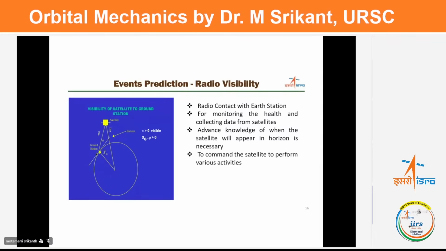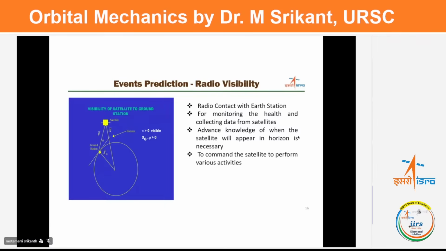And normally for our telemetry and telecommand applications for any satellite, we apply at least 2 degrees of elevation. The satellite has to move above this plane by 2 degrees, then our TTC will apply. And for payload data download, we use around 5 degrees of elevation. At 5 degrees elevation, we download the data, and at 2 degrees, we do the TTC operation. So this is how radio contact with the station is made for monitoring satellite health and collecting data